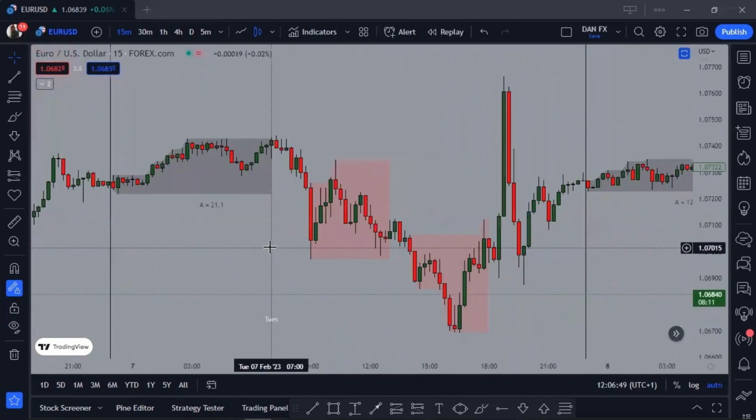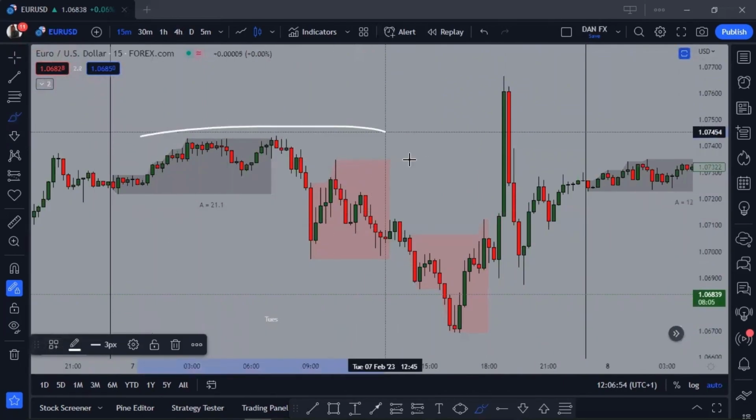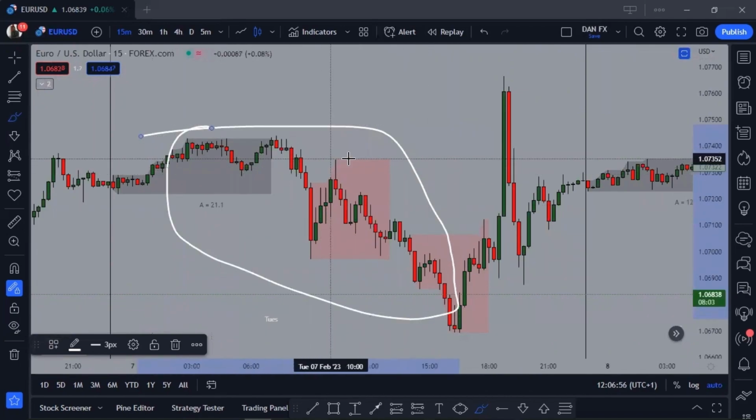So there are different variations of this pattern. This is a variation of the pattern. If you want to learn how to catch trades like this,